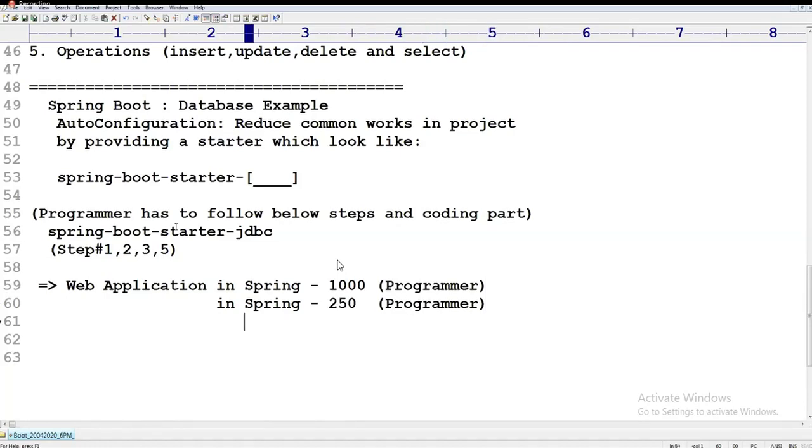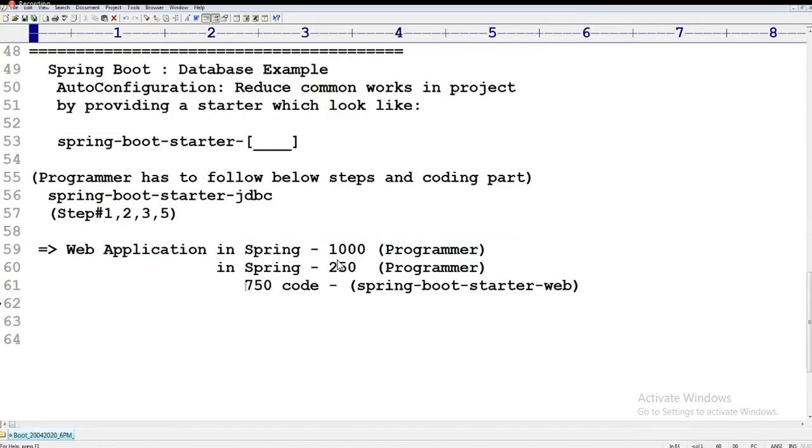What about the 750 lines? The 750 lines of code are given by a single line, that is spring-boot-starter-web. Sometimes more than this will also be there. I'm just giving some assumption here. Sometimes 950 will come, sometimes 999 will also come.